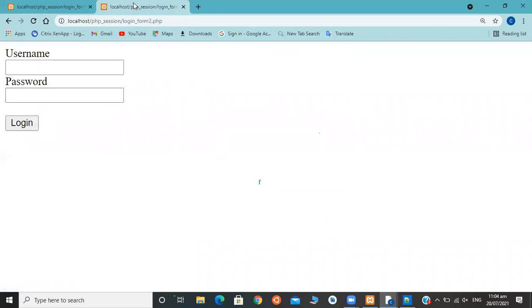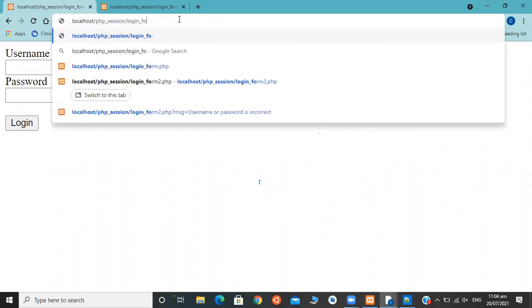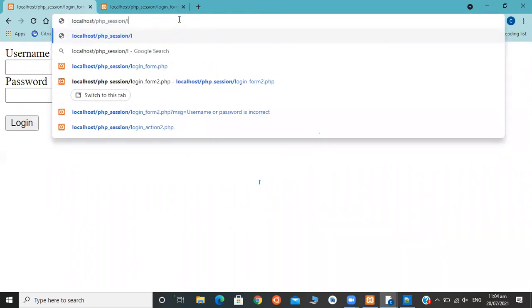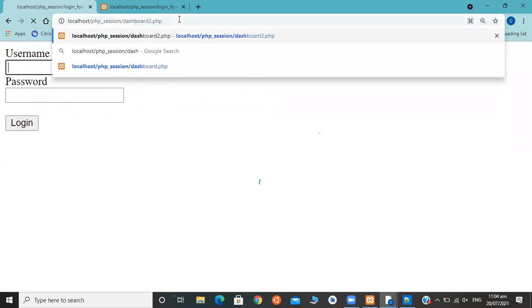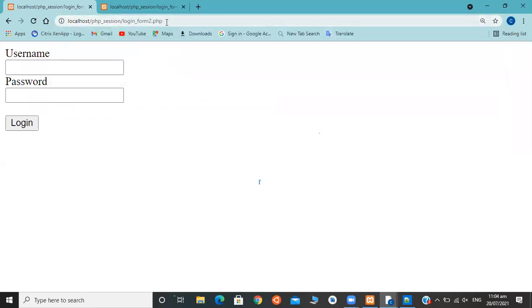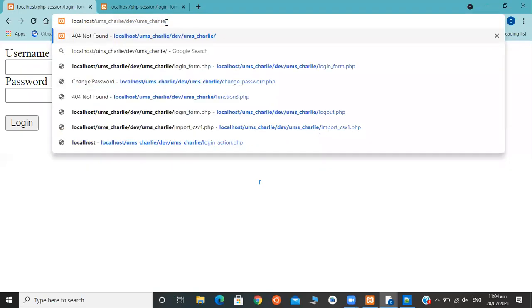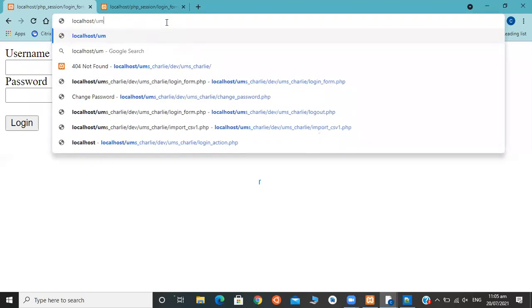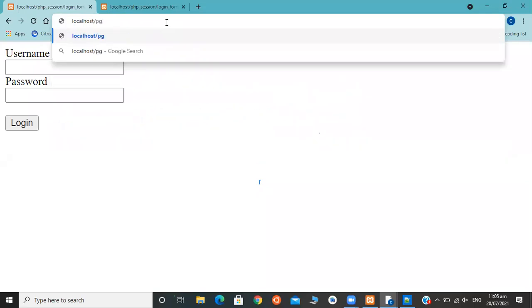We need to log out first. Login_form2.php, without giving any login credentials.